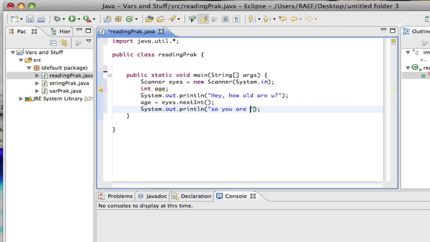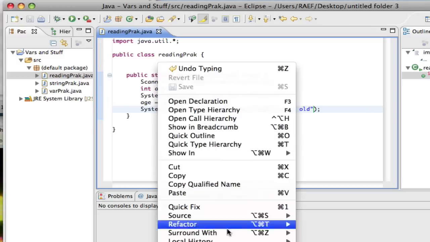So you are, and then I could say age, years old. So what this is going to do is print "So you are", concatenate, stick to it the age, whatever they entered, and then "years old". So when I go ahead and run this,